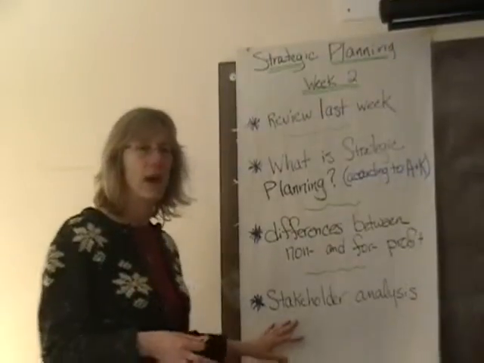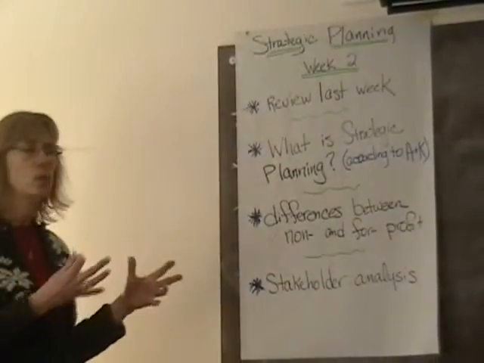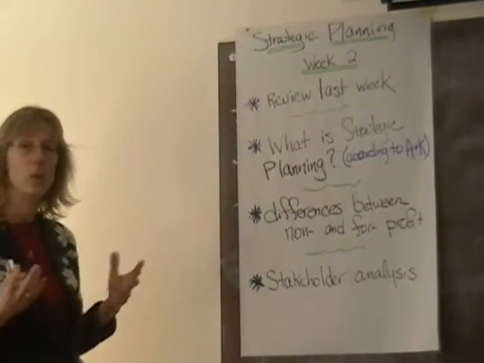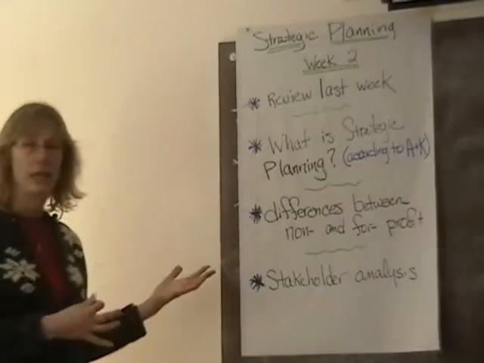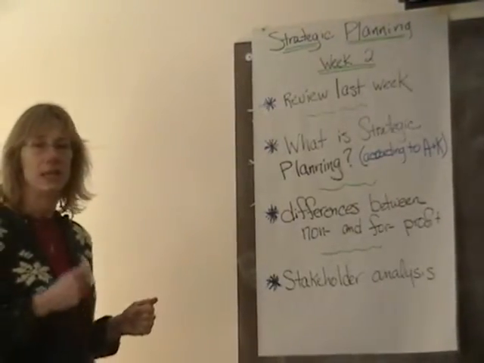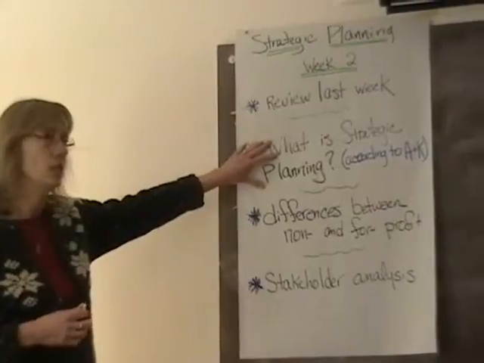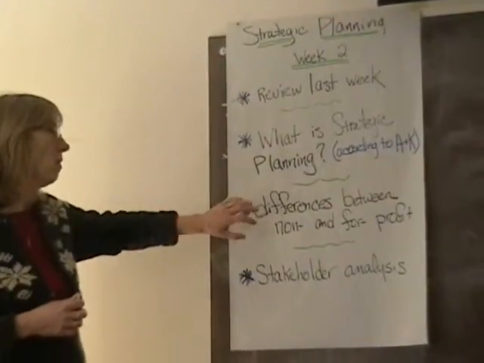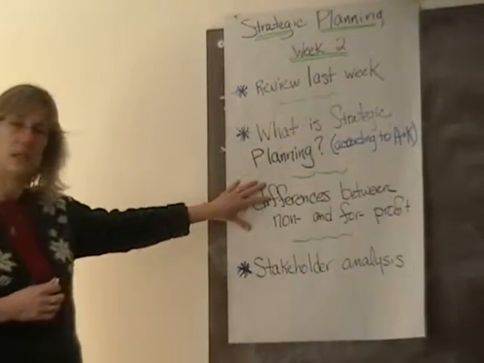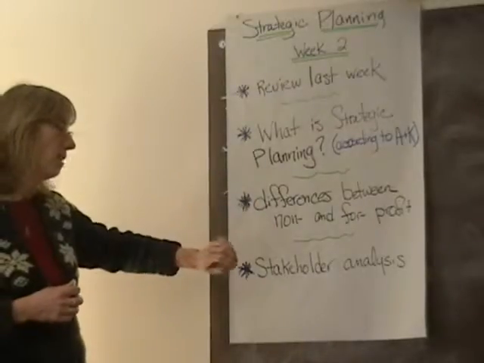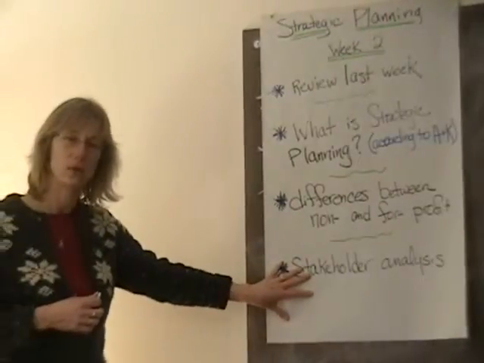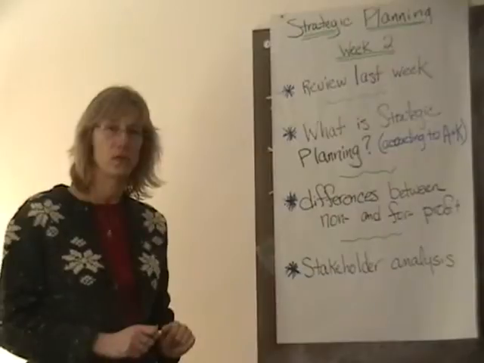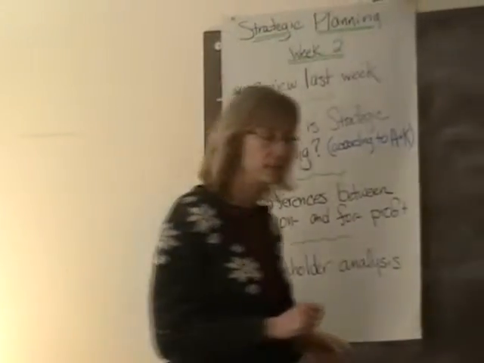How do we identify them? How do we figure out which one's more important than another and when? So that would have been last week, but today is now what is strategic planning, and then tomorrow I'll do differences for a nonprofit, and then a third one will be stakeholder analysis. So I hope that works for everybody. Okay, so